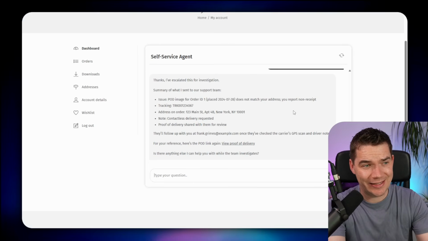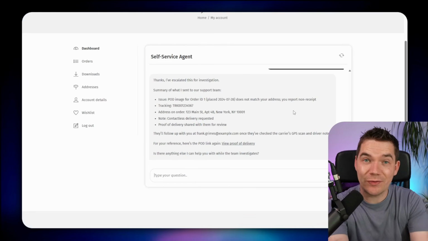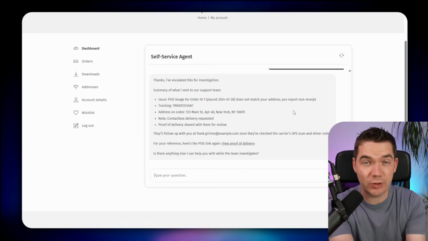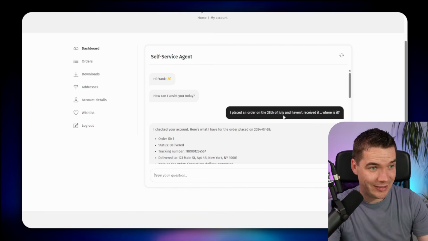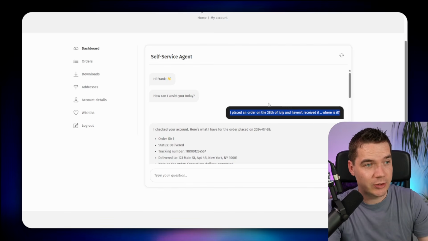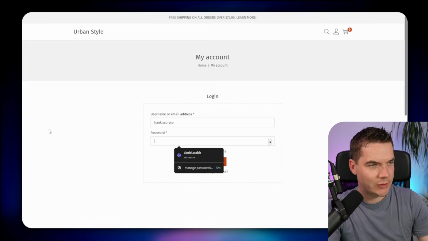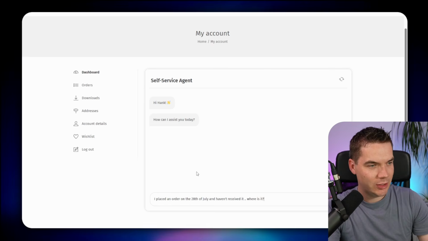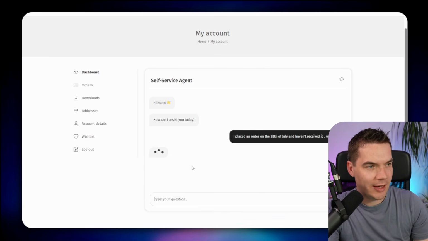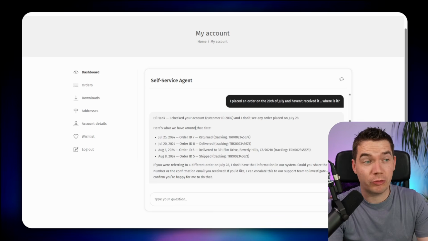And the key aspect of this is, how was it able to successfully pull this specific customer's details to tailor the responses the way it has done? And to demonstrate this, let me just copy this question out and let's log in a different account. This time we'll log in as Hank Scorpio and let's paste back in this question. I placed an order on the 28th of July. And as you can see, it's streaming through a result where it's checked the account and it doesn't see an